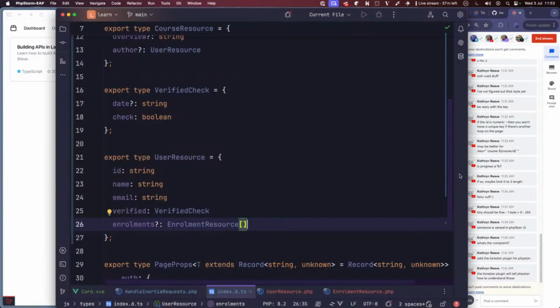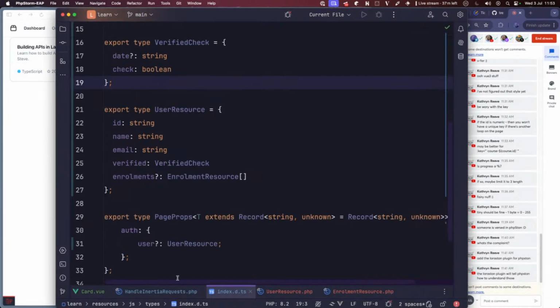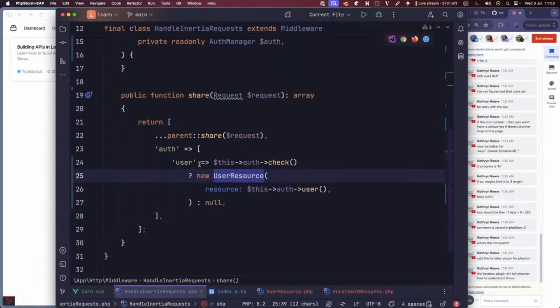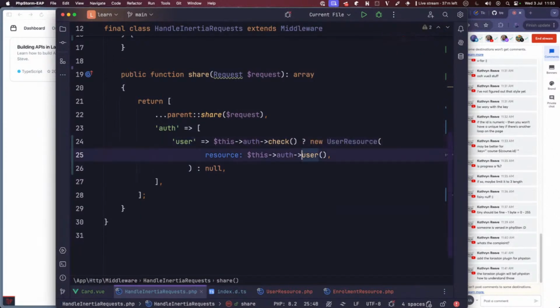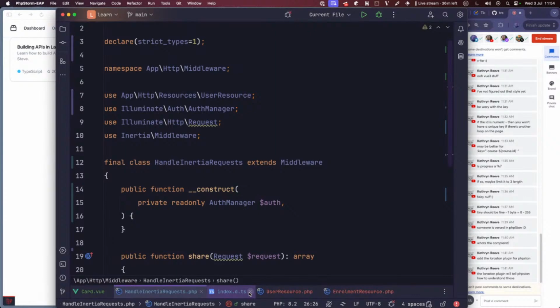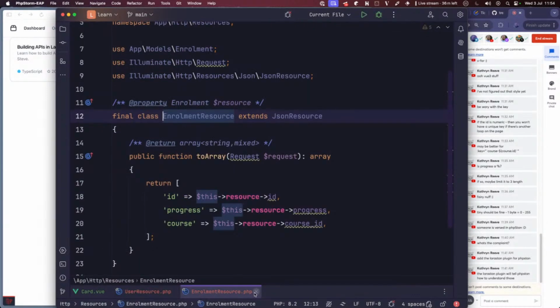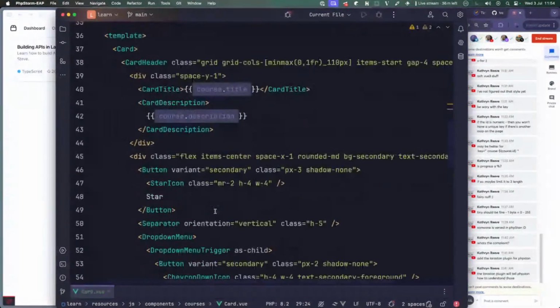Awesome. So we are starting to build out this massive behemoth of something called TypeScript. And it does work. It's a little bit kind of messy for my liking. I feel like it'd be a lot cleaner if I was doing this in Livewire, but I think there's going to be benefits to doing it this way. Use resource, there's a card, blah, blah, blah. So down here,